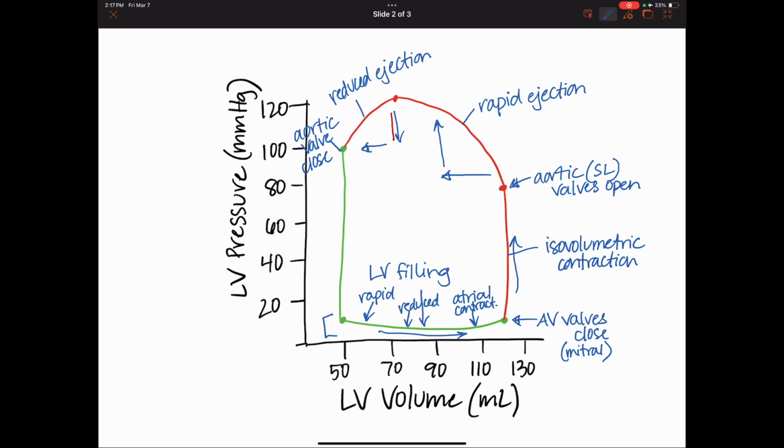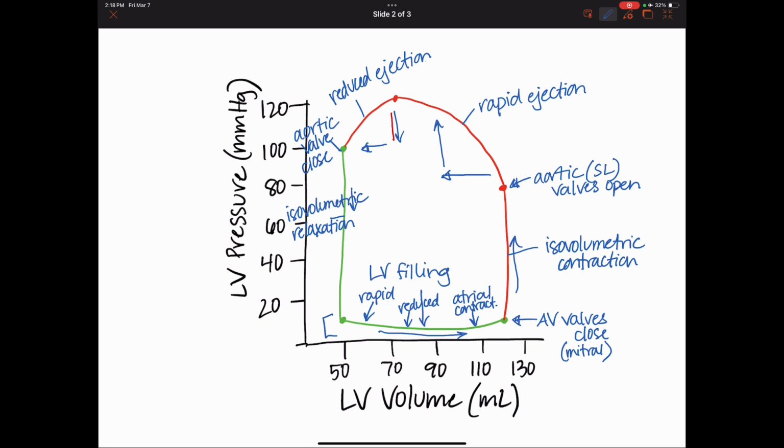Then we enter a time where the left ventricular pressure is decreasing, but there is no change in volume. This phase we call isovolumetric relaxation. So there's no blood moving out of the ventricle or into the ventricle because the aortic valve is closed, but the AV valve has not